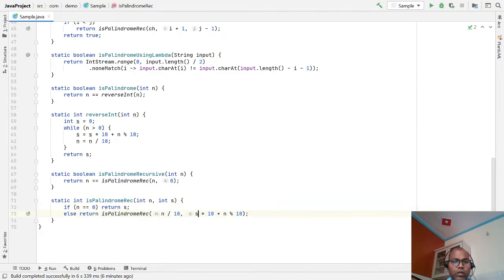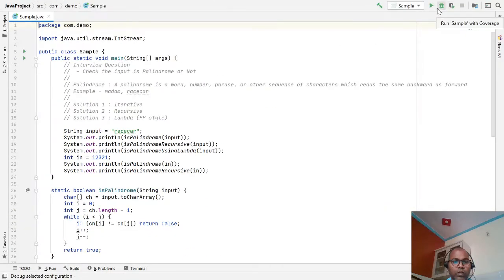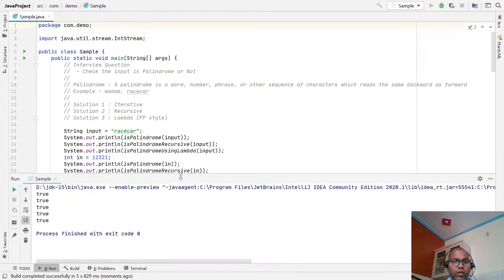Before calling this function, we have to evaluate the modulo of 10, plus a sum multiplied by 10. Then find the same result.